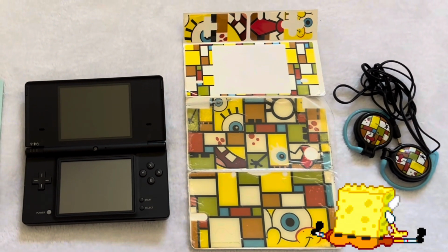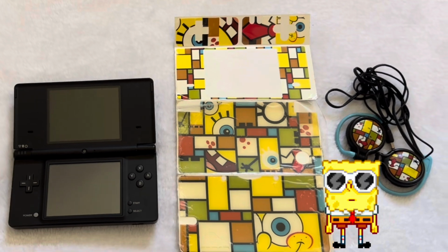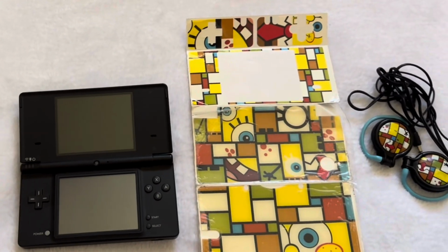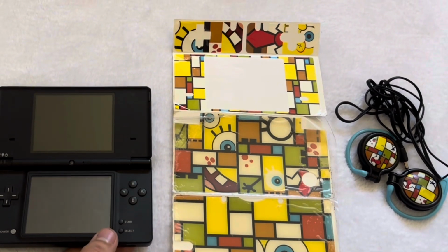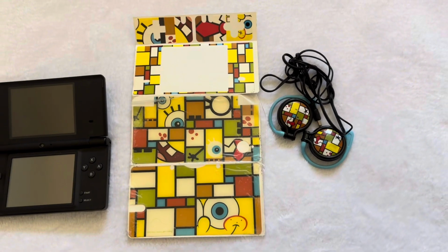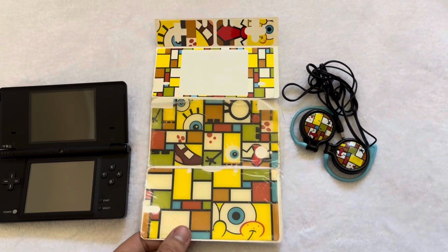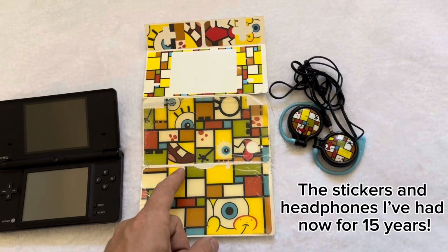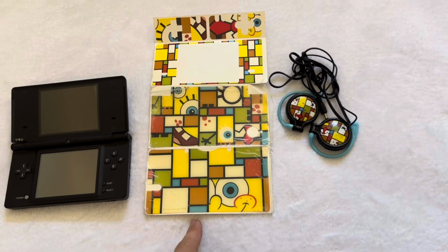Today we're going to be modding my DSi that I got on OfferUp. It's actually funny because you would think that you would get some decals for your DS, but I actually went ahead and got the DSi for my decals. It came in a DSi plus DS Lite pack, so I had this on my DS Lite back then,